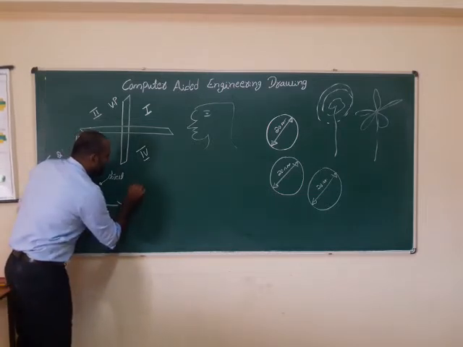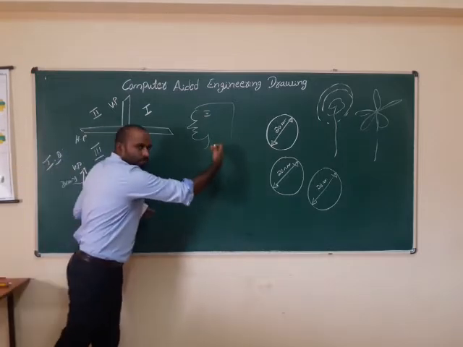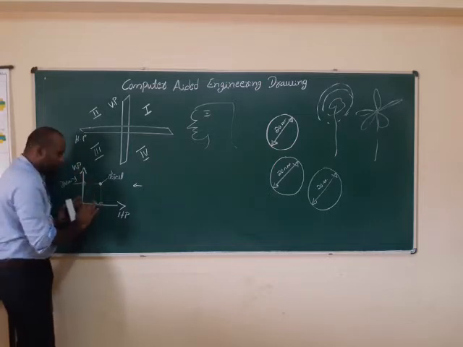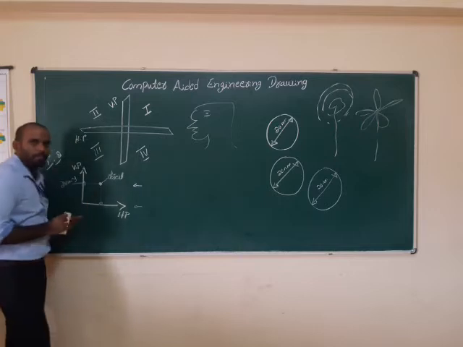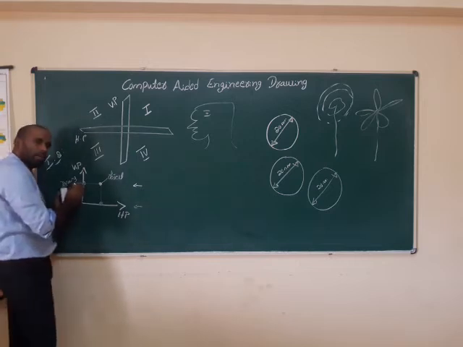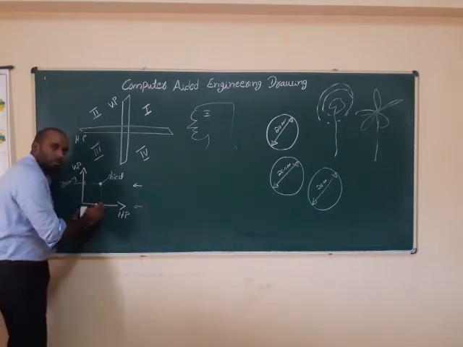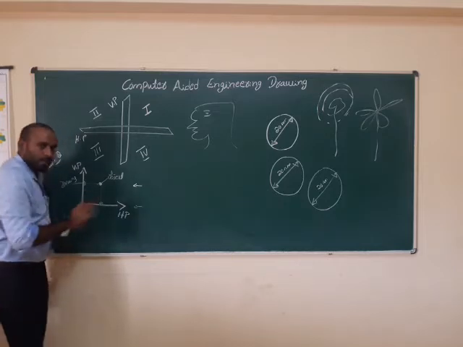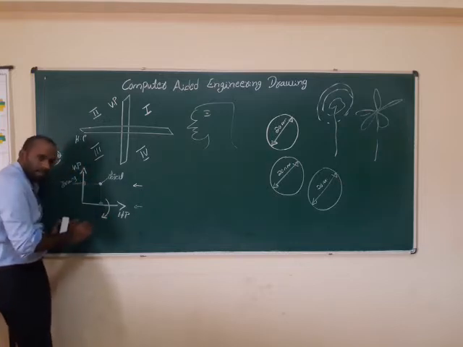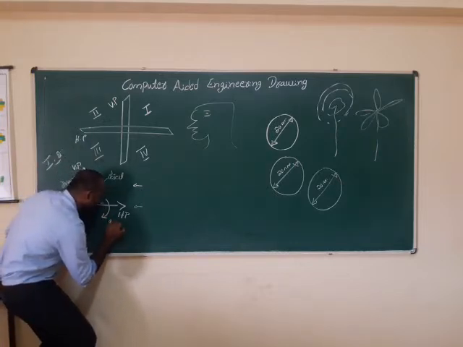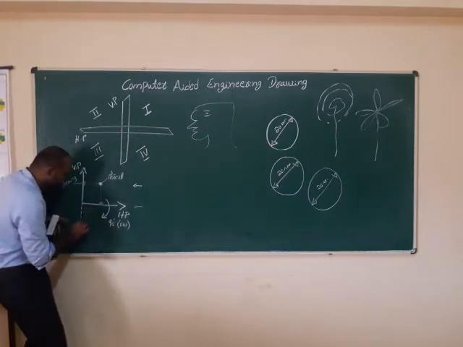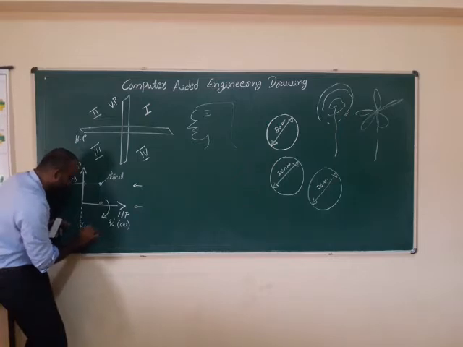From the observer, the vertical plane drawing is visible, but the horizontal plane drawing you can't see properly, because it is exactly parallel to the line of sight. The vertical drawing is visible properly, the horizontal drawing is not. That's why the horizontal plane you have to rotate 90 degrees in the clockwise direction, and the HP comes below.